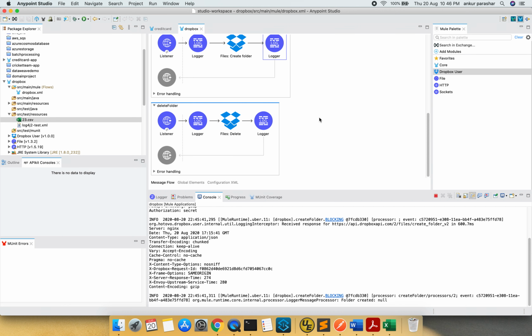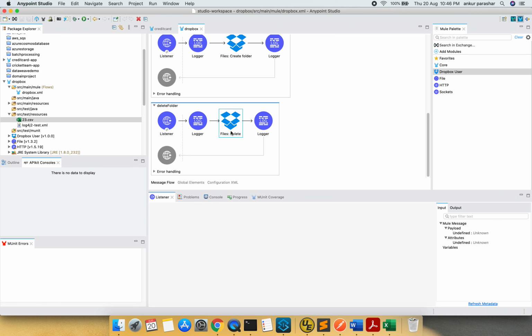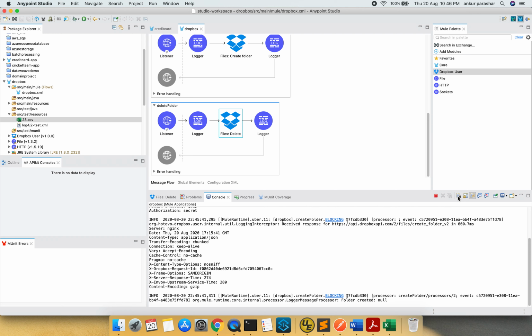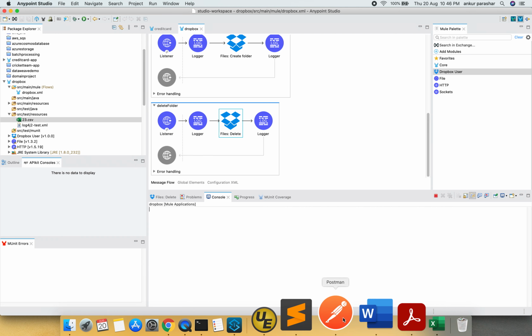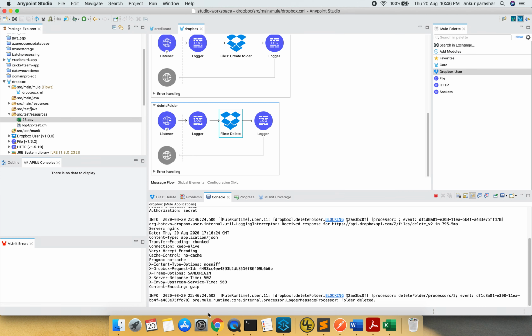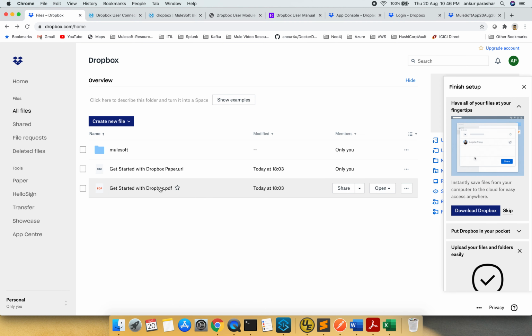Now in the next use case, I am going to delete the same folder. So again, it will be a GET operation in which I will be sending the path from the folder name query params. Okay, so I will go to the console. We'll try to clear up the console again, and we'll hit it again. Okay, and let's quickly check. It is showing folder deleted because it is coming out from this. So you can see the test folder is now removed, right?